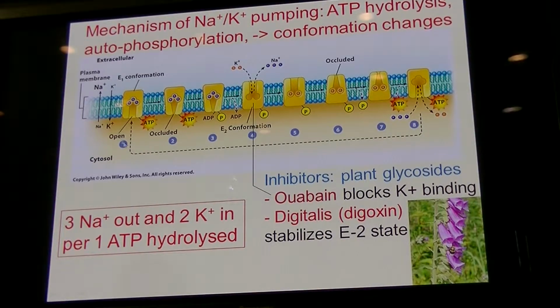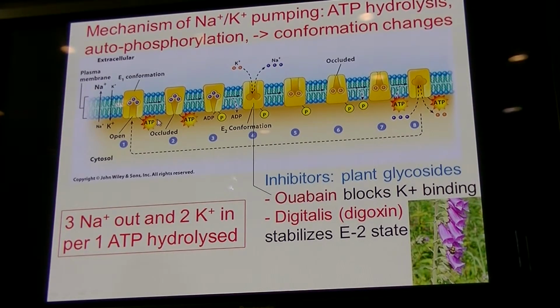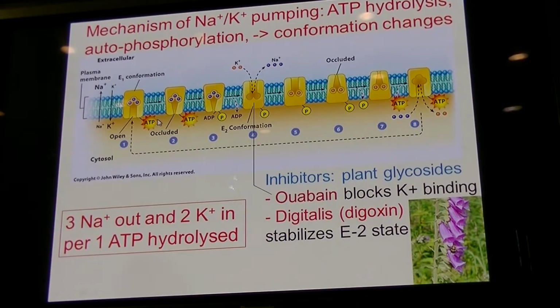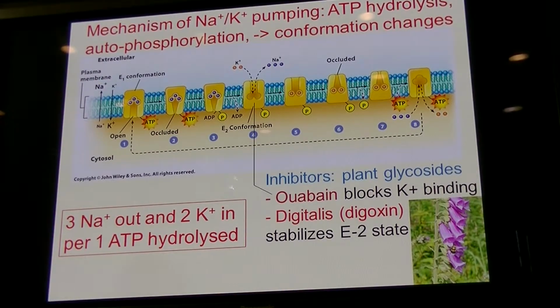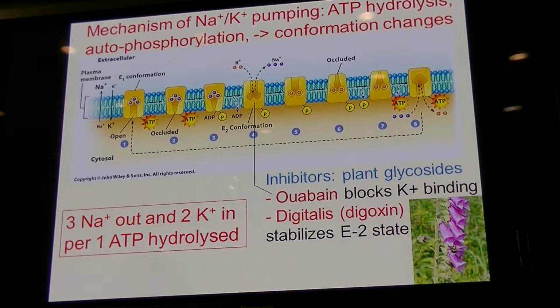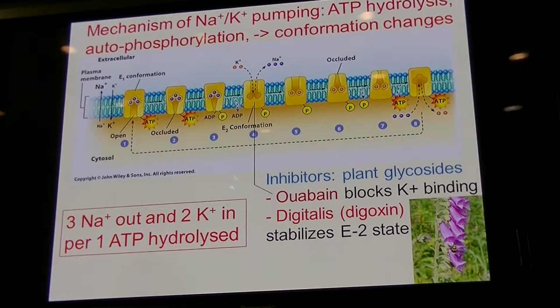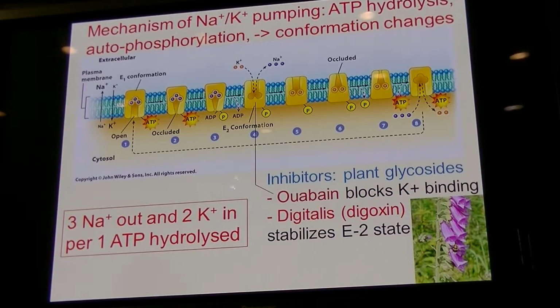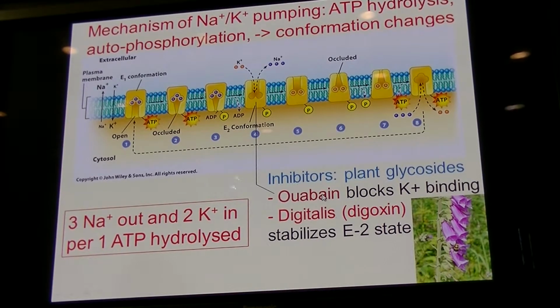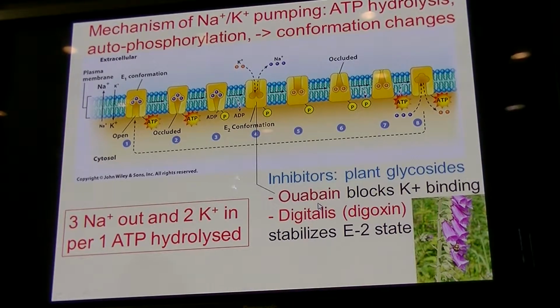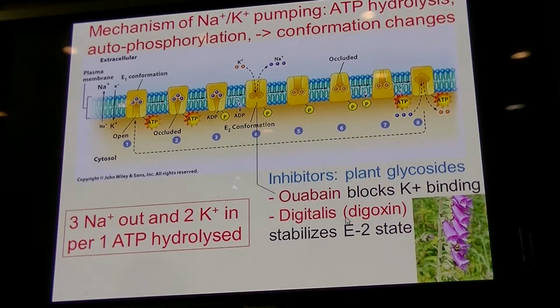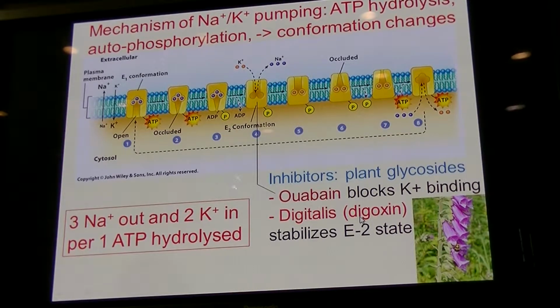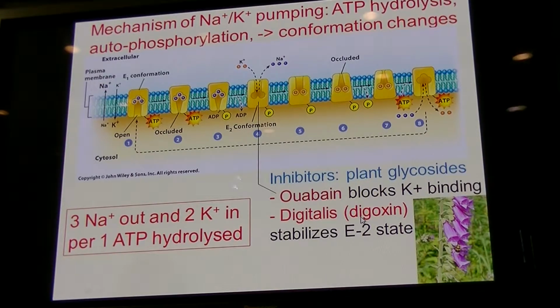For instance, we could use different forms of ATP. There are forms that cannot be hydrolyzed. Or there are inhibitors of ATP binding or inhibitors of dephosphorylation. But there are also inhibitors of just this state transition here. For instance, these drugs, Ouabain, and the other one here, digitalis, also known as digoxin, I can't say that,